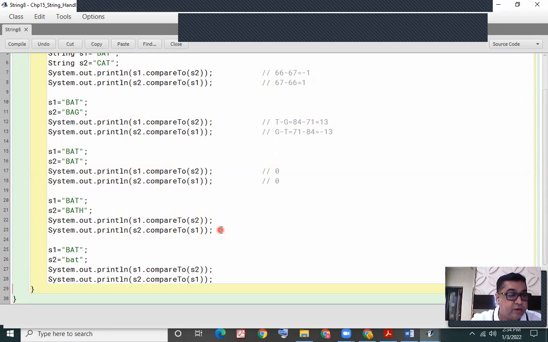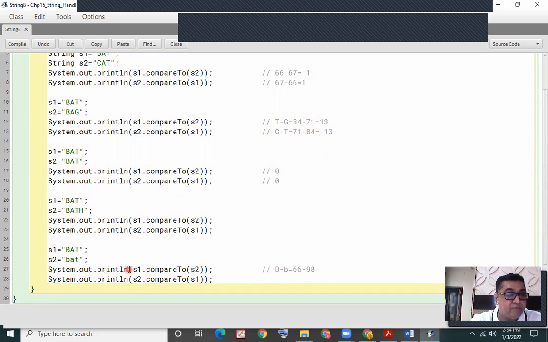the first letter, capital B, with small b. Remember, the ASCII codes of capital letters and small letters are different, so the ASCII code of capital B will be compared with the ASCII code of small b. The ASCII code of capital B is 66 and the ASCII code of small b is 98.